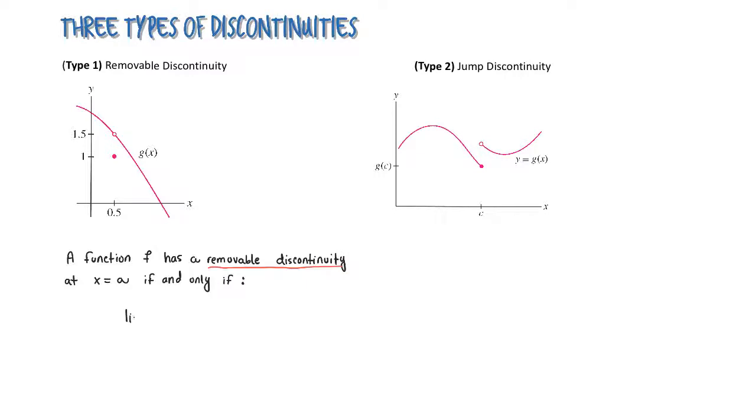The limit as x approaches a of f of x exists, but is not equal to f of a. Or maybe f of a does not exist. That really means it could be that there is just a hole. There is no dot above or below, just a hole. In other words, f is undefined